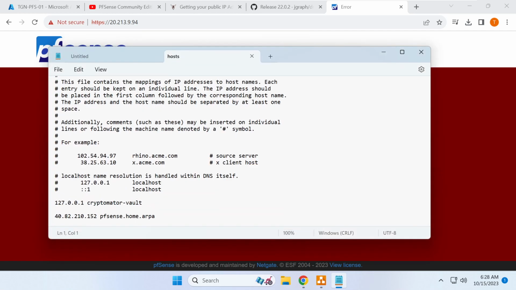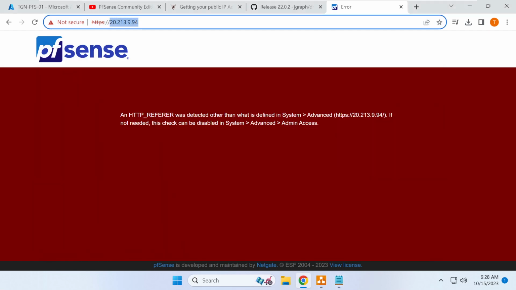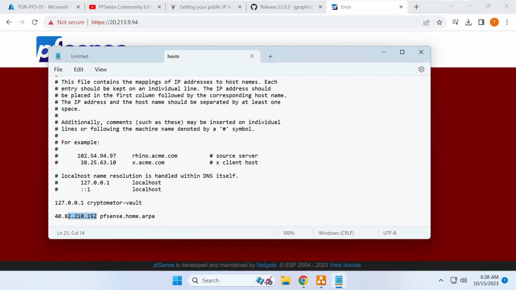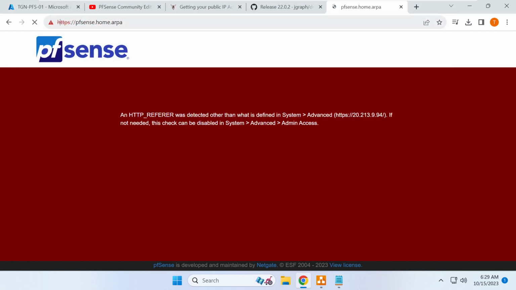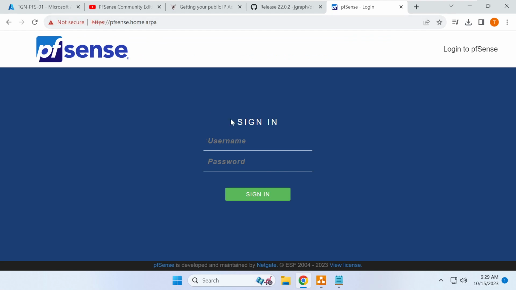I've already done this in another run through, so I'm just going to copy the IP address here and paste it into our host file, to give myself a host name of pfSense.home.arpa. Now that's the default host name and domain for this pfSense installation. So as soon as we do that and we try again to enter our password,